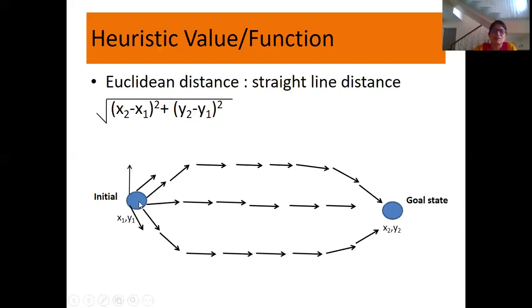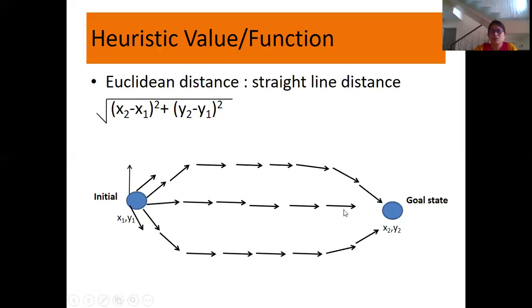Even if you want to travel from your home to university, you don't have a single straight road which will directly take you from your home to the university. So sometimes, as I said, this informed search using a heuristic function or value may not give you the optimal solution, because maybe in the beginning you reach till here and then suddenly there's some obstacle and you need to go ahead and then again follow it back. In that case, this path is quite better as compared to this straight line path.